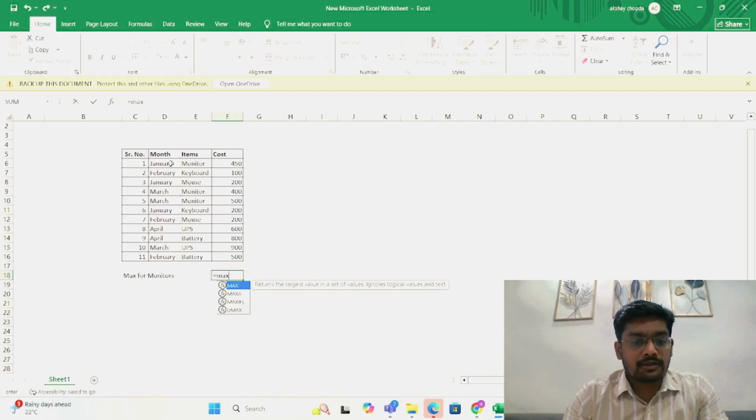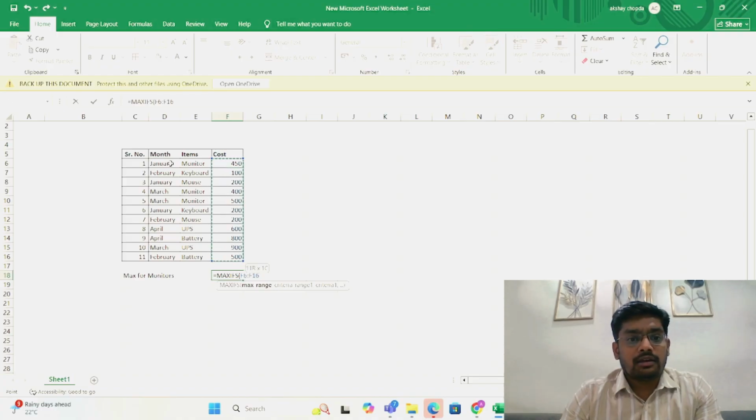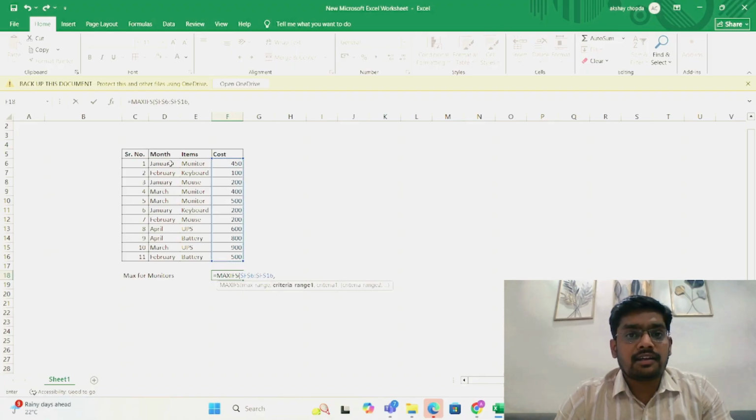Type MAXIFS. Now we need to select the max range. For that purpose, we need to select this column and we need to fix it. So press Alt F4, comma, criteria range. So what is the criteria? We need to find the item monitor having the higher value. So we will select the item column,